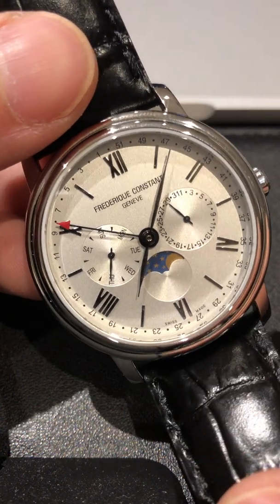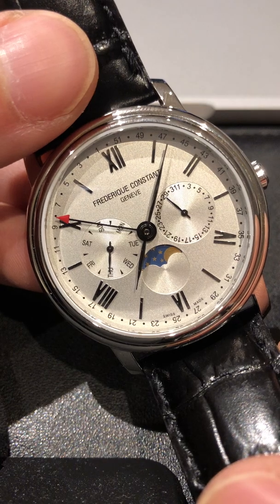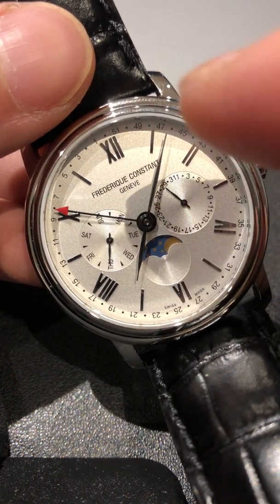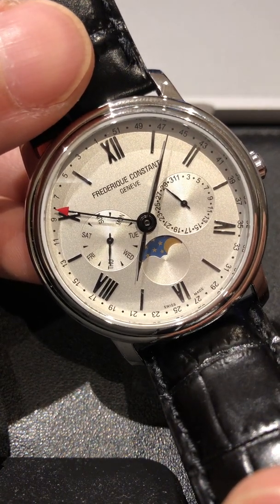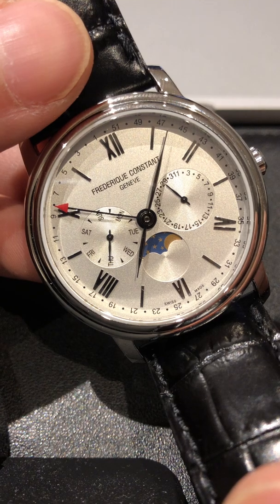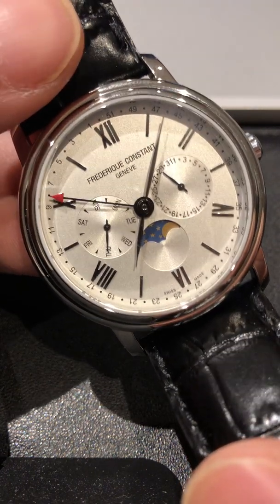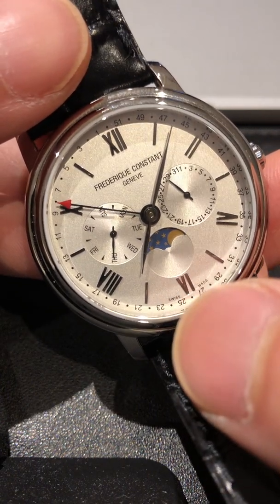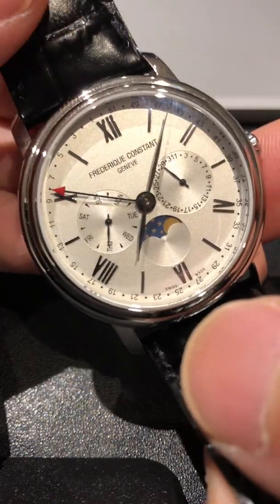Hi everyone, today I'm going to give instructions on how to set this watch with a beautiful moon phase, the day and the date, and also the week. So this is a complicated thing to set, especially because of the moon phase. And also the instruction manual is quite scarce from the manufacturer, and it's basically like a puzzle that needs to be solved. For example,